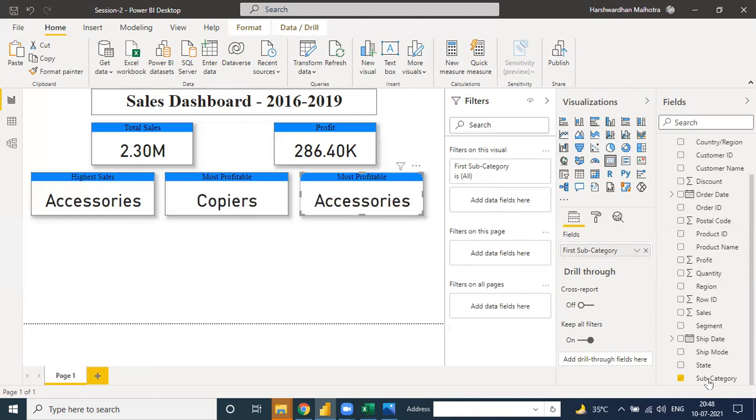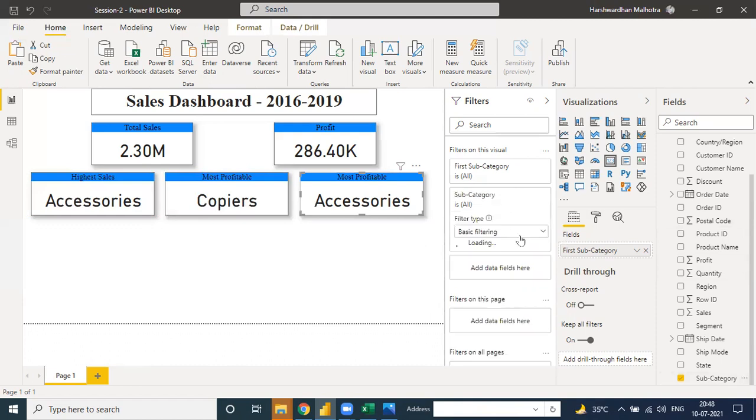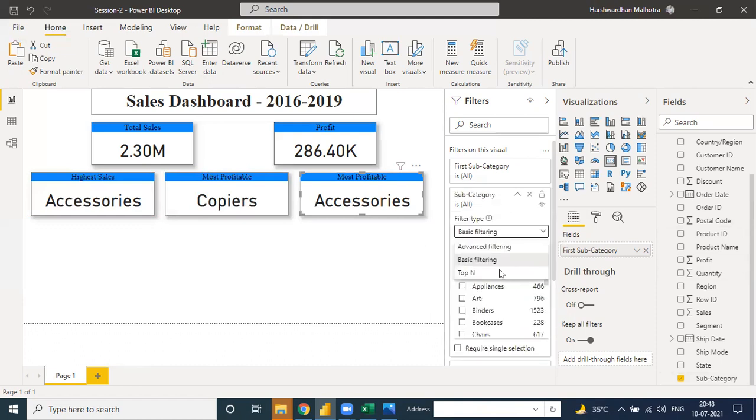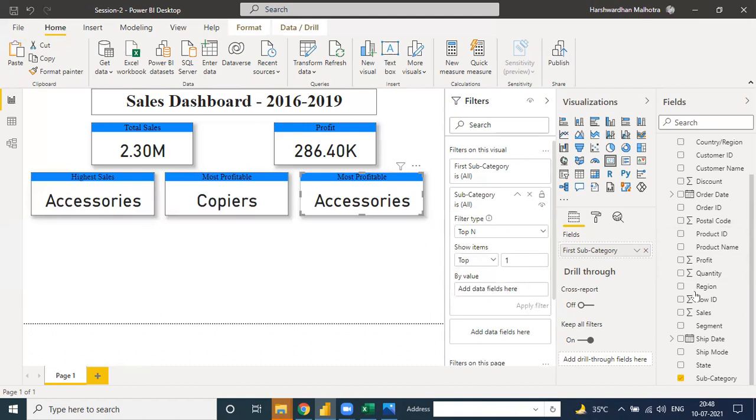We need a subcategory again. Click on this top 10, top 1, and on the basis of quantity and apply filter. See, the highest number of quantity sold is binder. Okay, so these are the needed area, because why we need this kind of data.